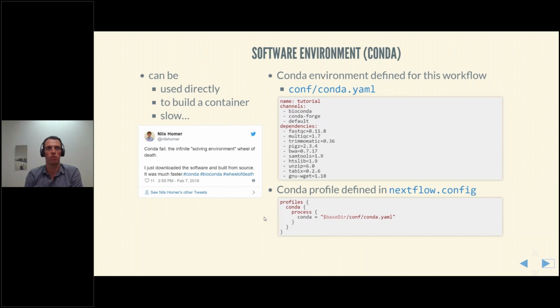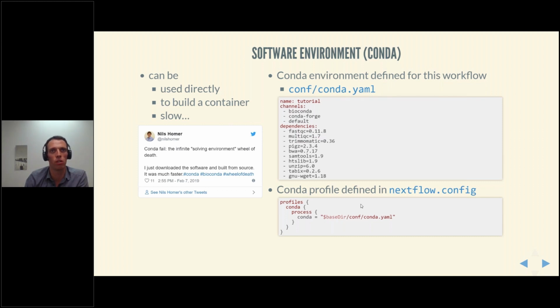So Conda is great, but it can be slow. Defining the dependencies with specific versions is good, not just for reproducibility, but apparently also for speed. To be fair, I don't use Conda all that much, but it can be really great here as a means of building a container.